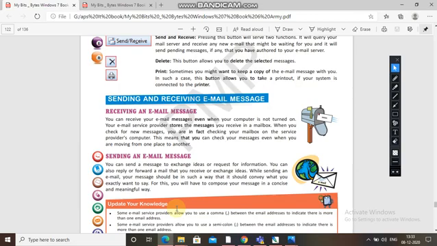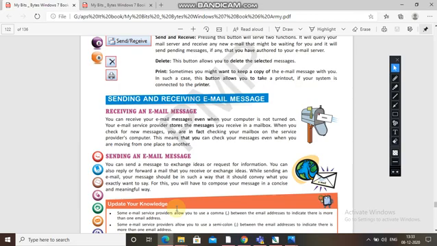Now sending an email message. You can send a message to exchange ideas or request information. You can also reply or forward a mail that you receive. You can also see, while sending an email, your message should be in such a way that it should convey what you exactly want to say.